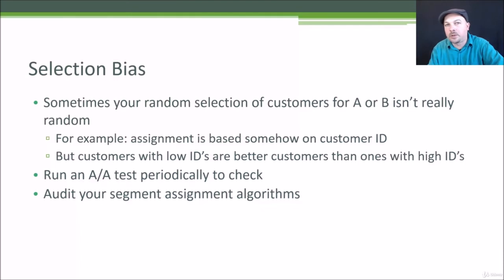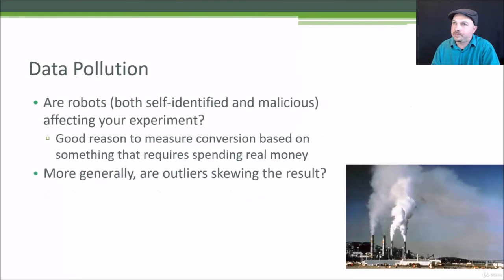One way of doing that is running what's called an A/A test. So if you actually run an experiment where there is no difference between the treatment and control, you shouldn't see a difference in the end result, right? There should not be any sort of change in behavior when you're comparing those two things. So an A/A test can be a good way of testing your A/B framework itself and making sure there's no inherent bias or other problems, for example, session leakage and whatnot, that you need to address.